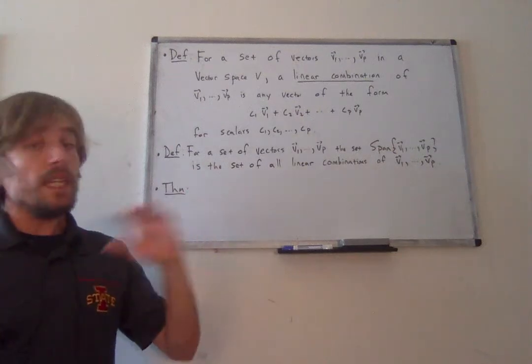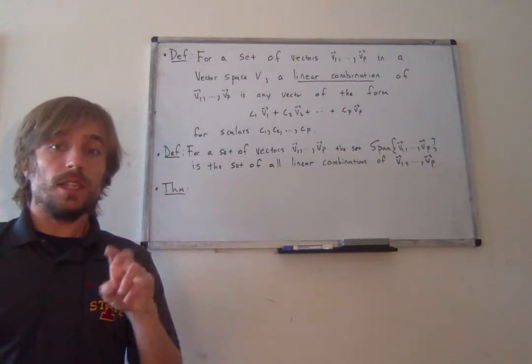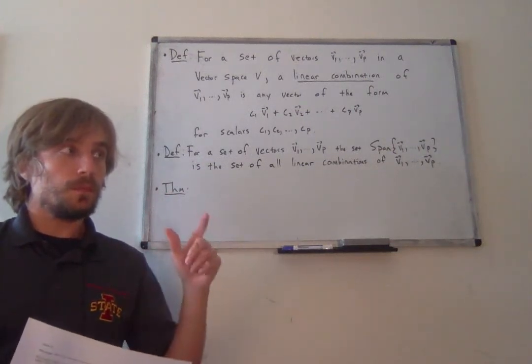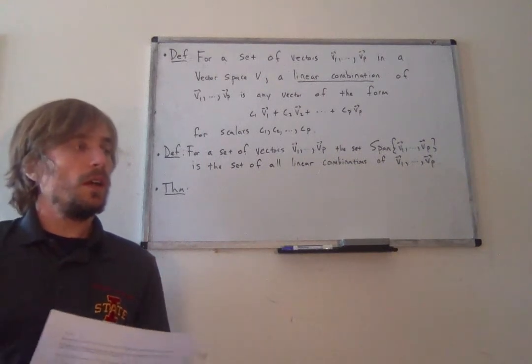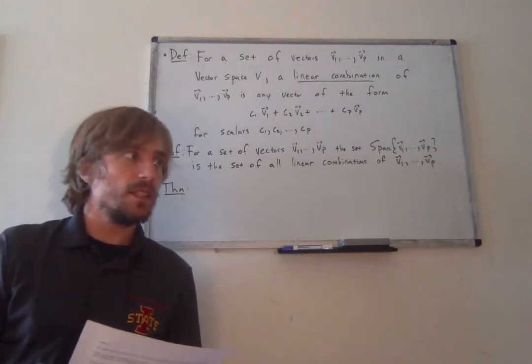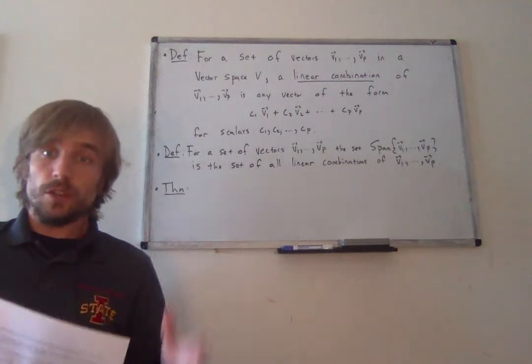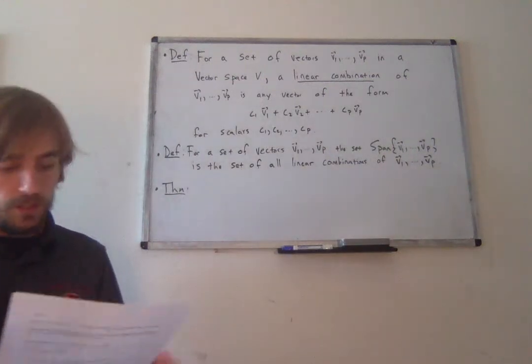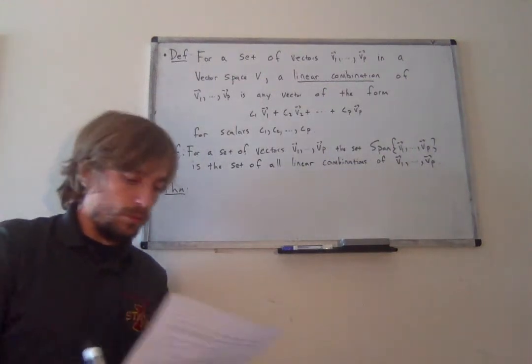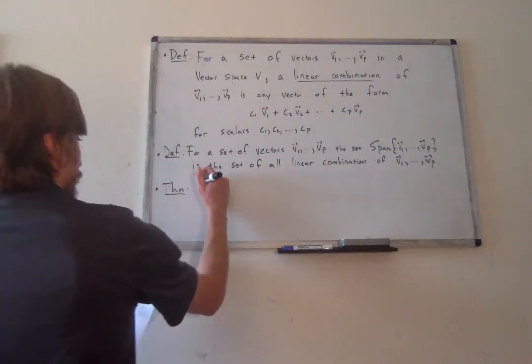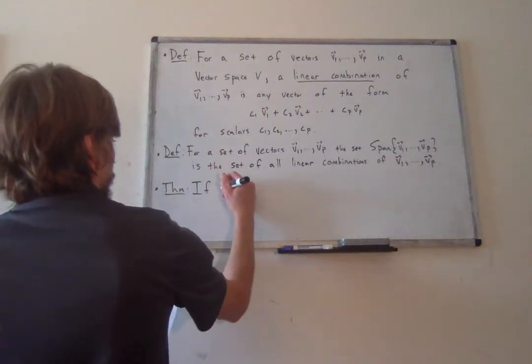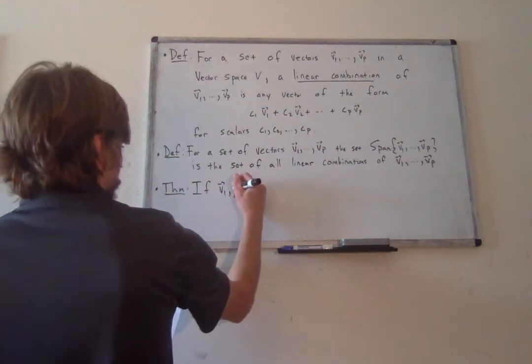So that proof could immediately generalize to any two vectors in any vector space V. You could also, and I might have this as an exercise, generalize that proof to any number of vectors, and that is the big theorem we will state today, that if I have any set of vectors in any vector space,